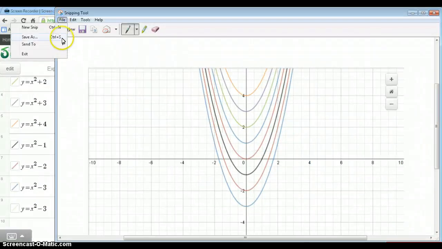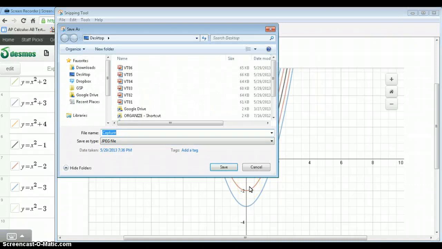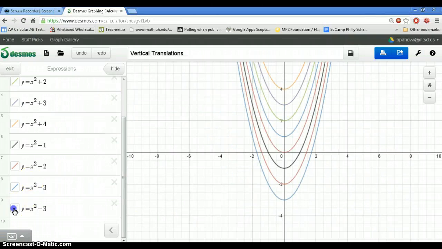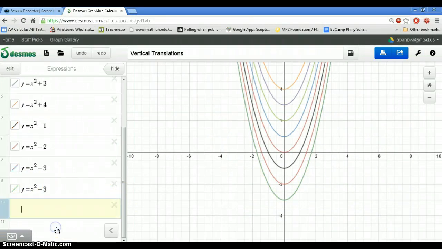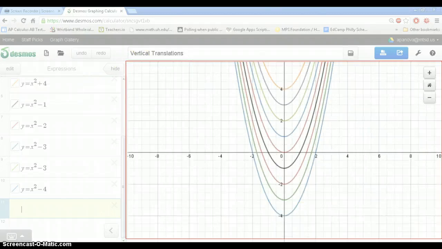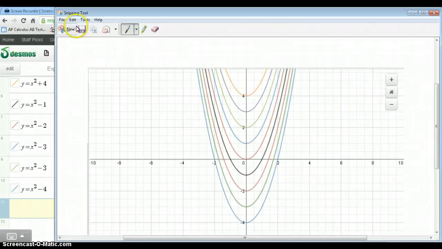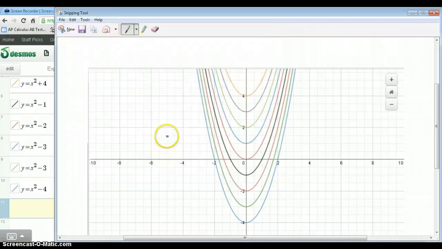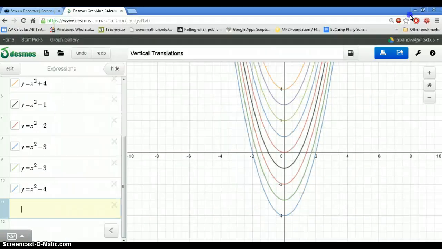So we're gonna call it VT07. And my last one that I'm gonna add is -3. I was already here. So I'm just gonna add one more so we have it. I'm gonna add the 4. And that's gonna be my last one. So VT08. Okay. Now all of these are saved on my desktop, so what I need you guys to do